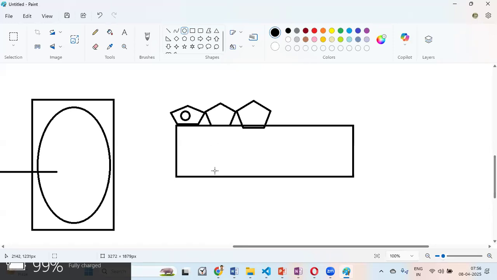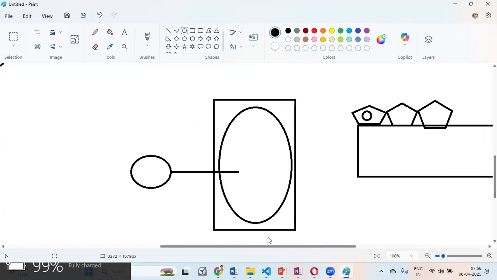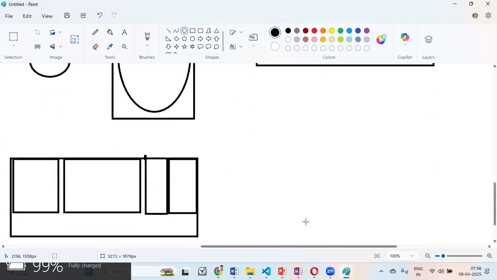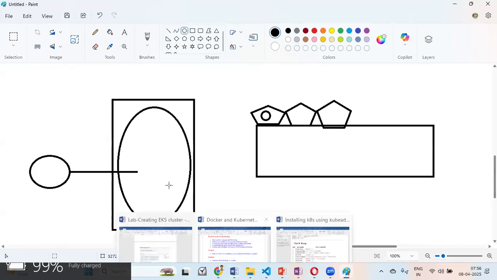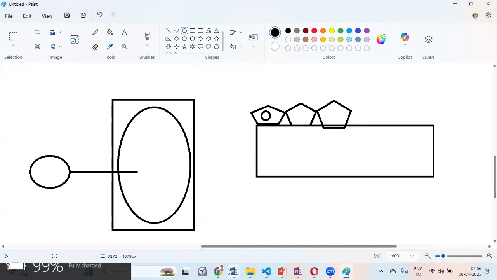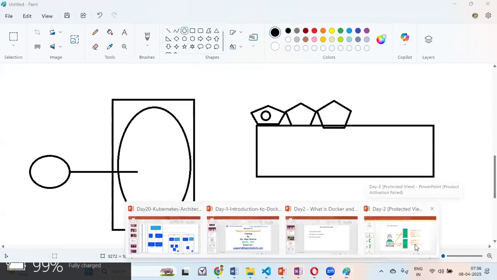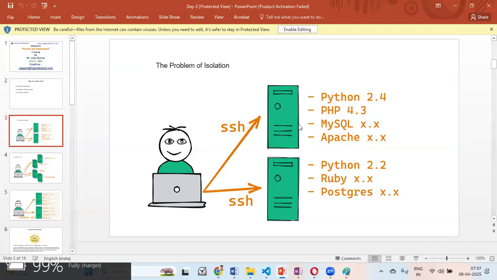Now, we have seen one of the problems, that is the problem of isolation and the problem of resource consumption and resource optimization. Let's go back to our PPT and understand that. These rack servers are problematic when you have multiple applications with multiple versions.